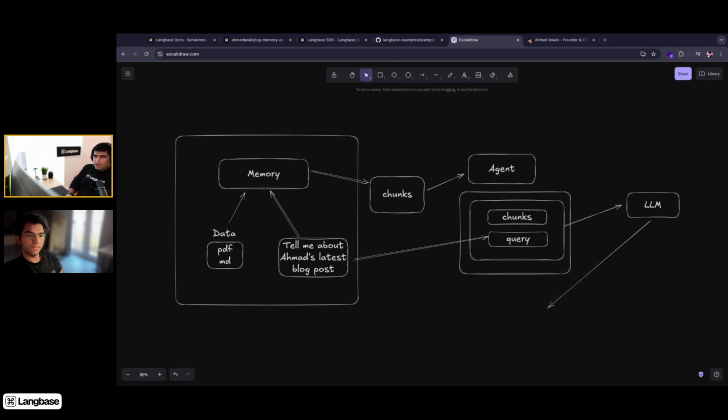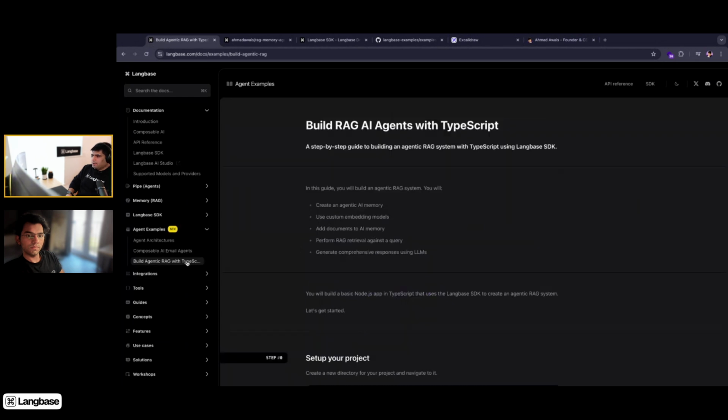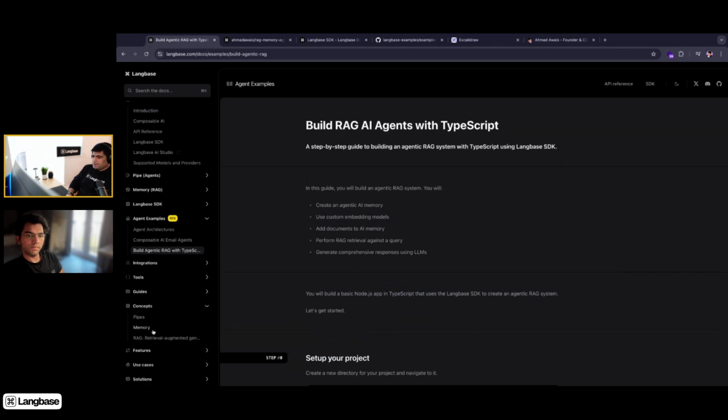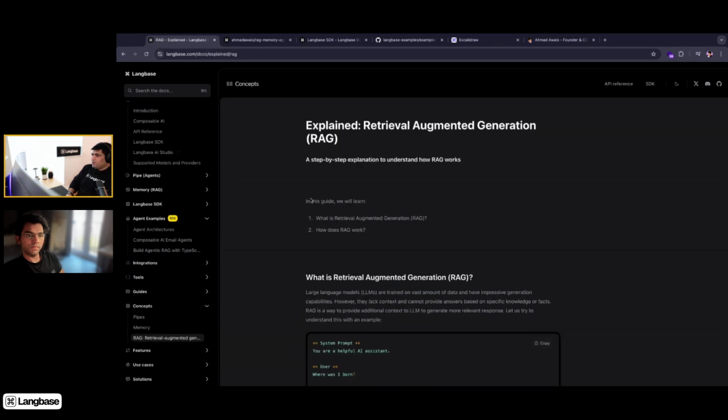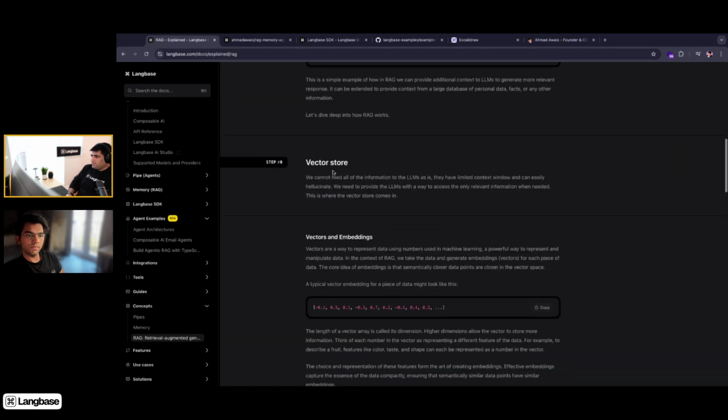I'm taking a very beginner approach in this particular workshop, so I'm explaining everything in detail. You can definitely go to our docs, and you can see all of the agent examples here. You can study how we talk about retrieval. Even more so, you can go into concepts and study deeply what is RAG, how does it actually work, what is a vector store,